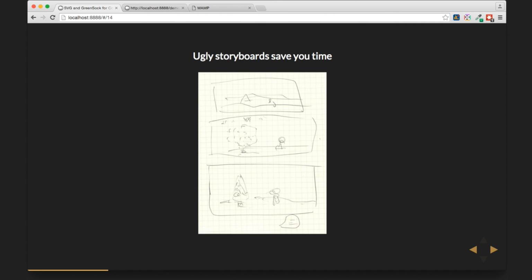I think one of the misconceptions with storyboards is that they have to be beautiful. When I look at other people's storyboards, I'm like, I'm not going to draw a full comic and then animate. That's just not going to happen. So I just wanted to dispel the myth that they have to be good looking, just as long as you're communicating with yourself.